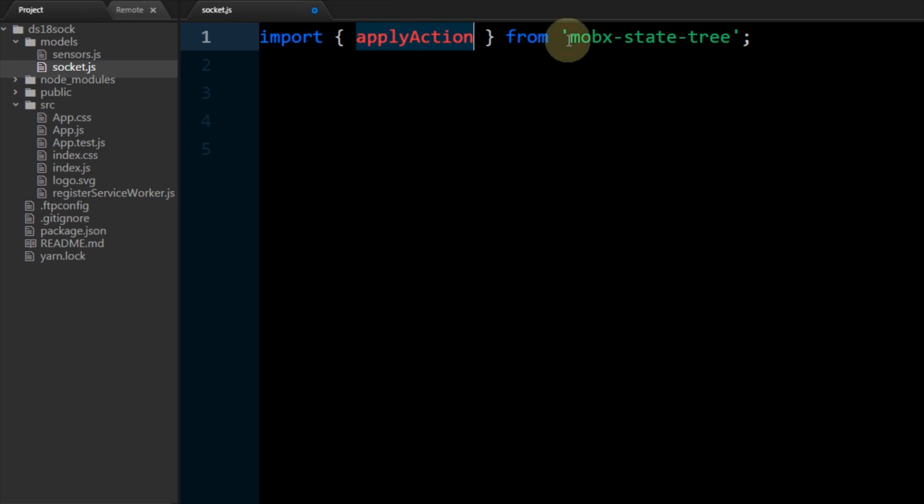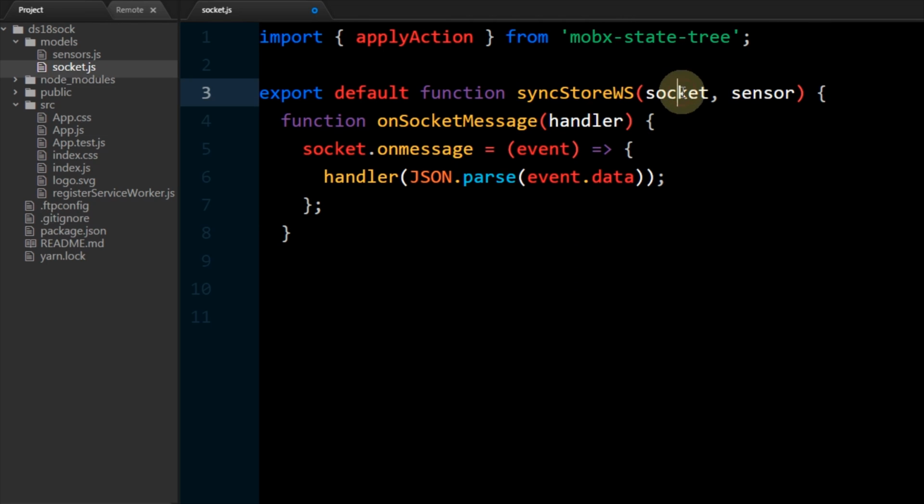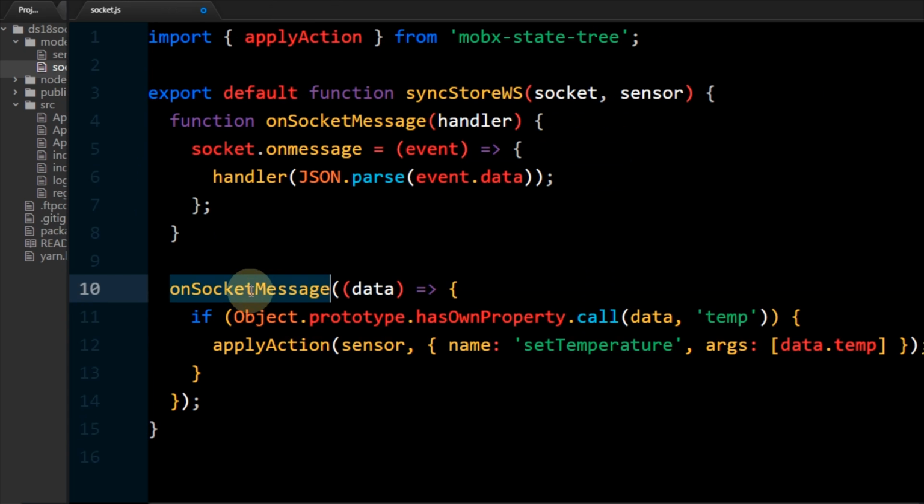Apply action is imported from MobX state tree. It's used to perform model actions. A default function called syncStoreWS is exported. It takes a socket and a sensor model. The onSocket message function takes a handler which is fired upon socket on message, for example, when the WebSocket server on the ESP32 transmits new temperature data. The handler is passed the parsed JSON data. If the data contains a field called temp, then apply action is used to fire the sensor's set temperature action